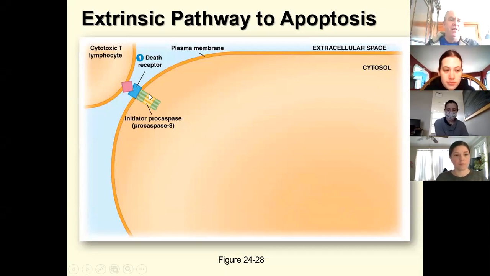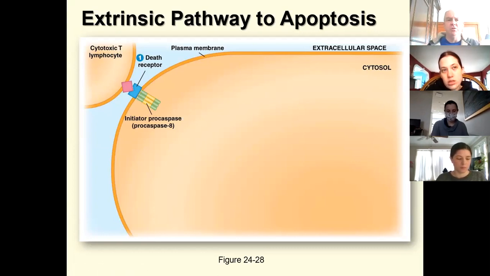So here you've got a death receptor on all cells. This death receptor is called FAS, F-A-S. And then you've got on cytotoxic T cells, FAS ligand. The cytotoxic T cell may be attracted to the cell because of some toxin it's putting off or some signal that's telling the T cell that there's something wrong with the cell, we've got to get rid of it. So the T cell senses that, it comes over and it touches its FAS ligand to FAS, and that activates